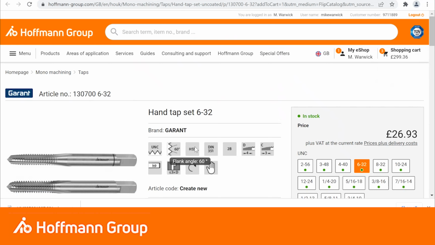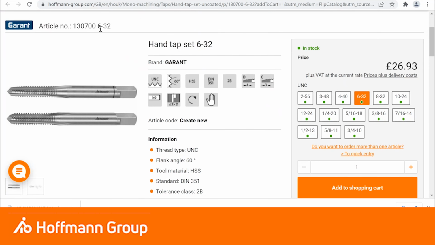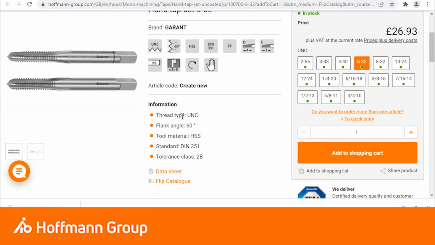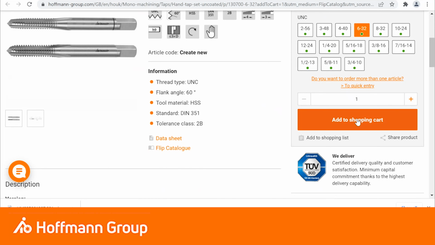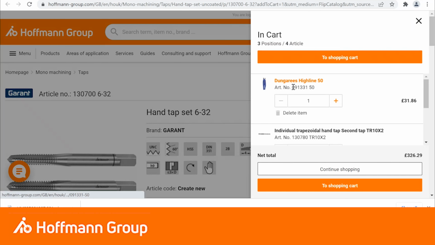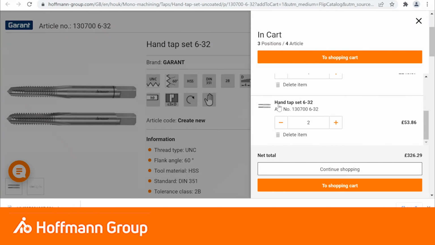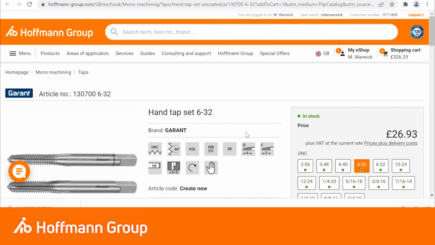In the product detail page, you can see the size is selected already, the part numbers there, the quantities there, so you can edit it. You get to see all the detailed information, and you can just add it straight into your shopping cart. And then you can see it's there. The hand tap set is there. So yeah,